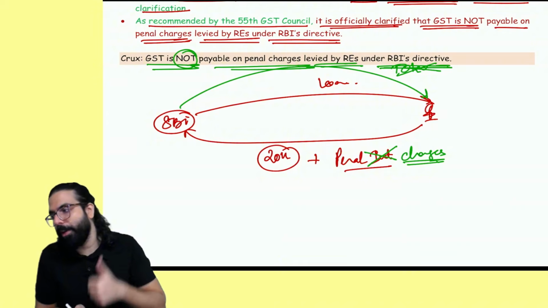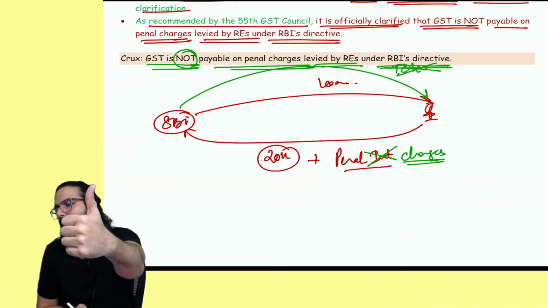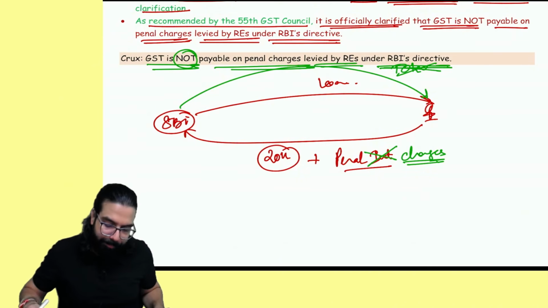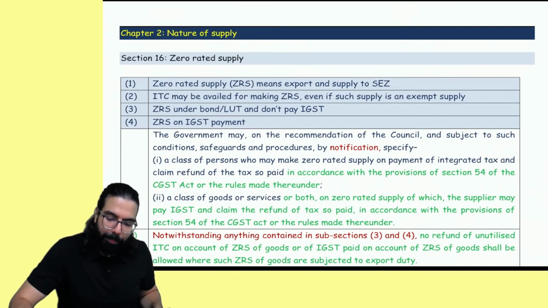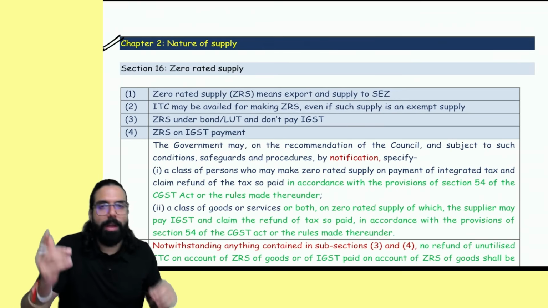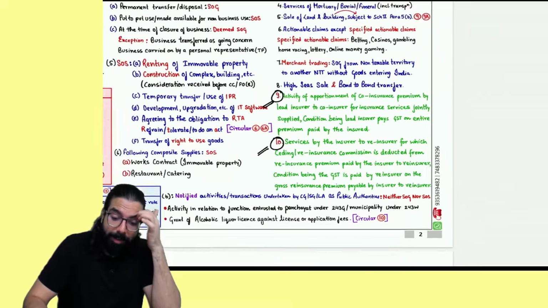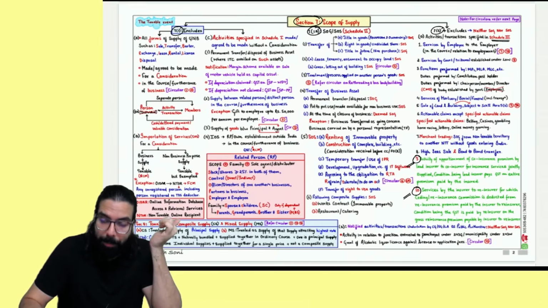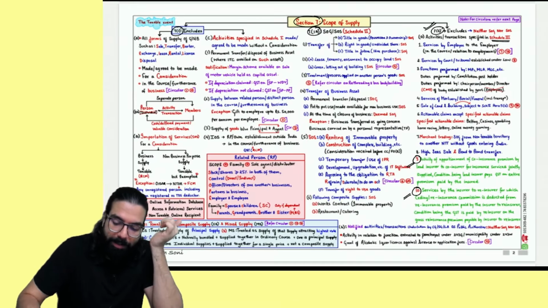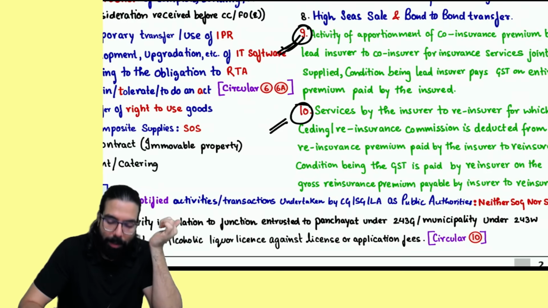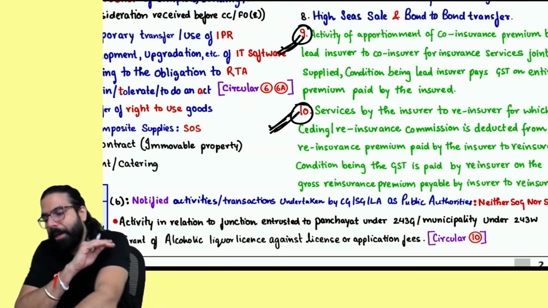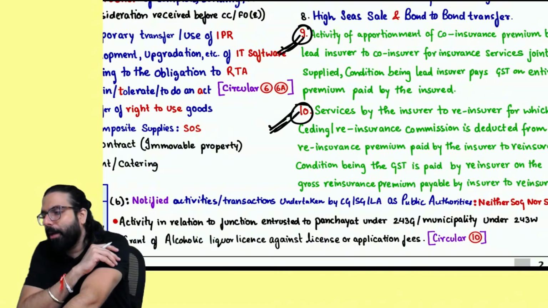I hope this point is clear to all of you. Quickly tell me, are we all 100% clear till here? Yes, sir, this point is clear. Now, chapter number 2. Everyone listen very carefully. Amendments to supply are done. In the chapter on supply, what are the two amendments? First of all, in section 7(2), in Schedule 3, paragraph number 9 and paragraph number 10 have been inserted. Paragraph number 9 and paragraph number 10.